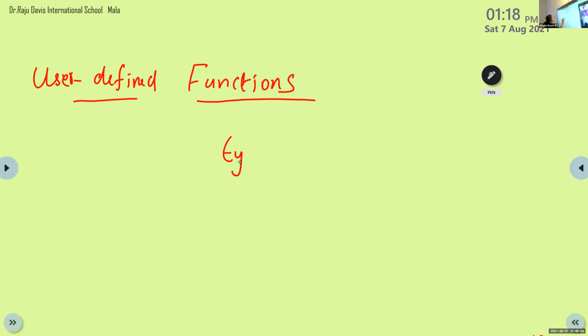What is the type function? What is the use of this type function? Alan Joshi, what is the type function? No idea? To identify which type. To identify the type of that variable. If I am giving a statement like this, type of A, here I am using a statement A is equal to 10. So A is equal to 10. After executing this statement, type of A means it will display the type of A.